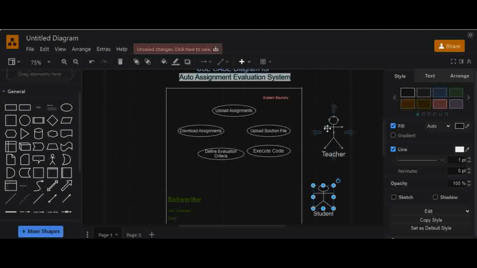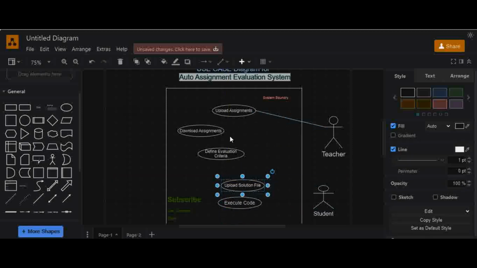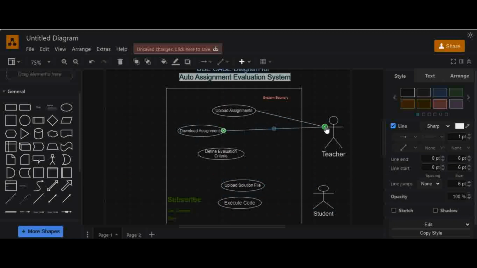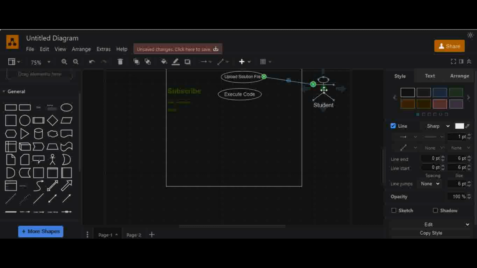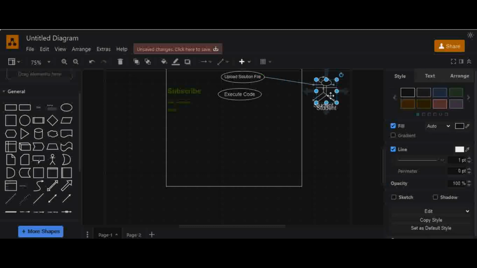Let me connect first teacher with use cases. If you are making a use case diagram, make sure it looks clean, because project manager or even project supervisor can check easily.